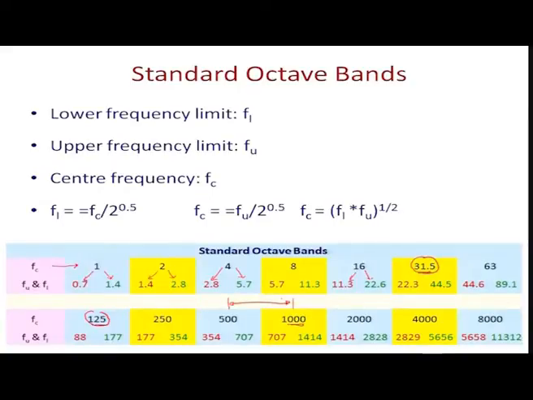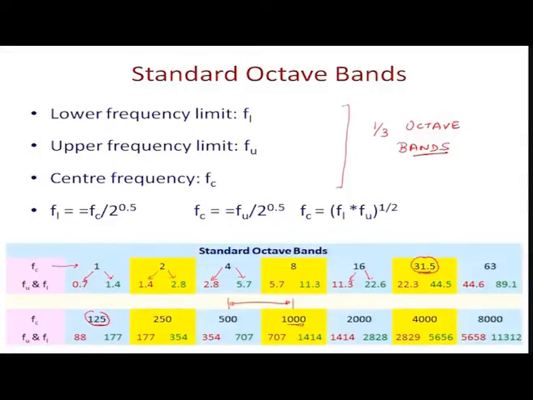Some people want to have finer results. They do not want to just have a point data at 500 hertz and the next data point at 1000 hertz. They also want to have some 2-3 points in between. With that requirement, a lot of times people use octave bands, but if people need more points on their graphs, then they use 1/3 octave bands.